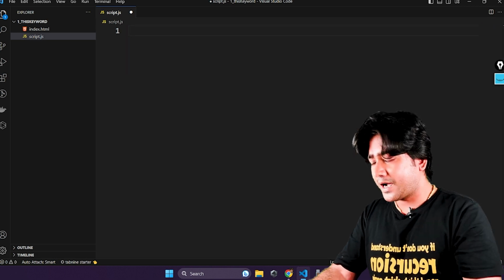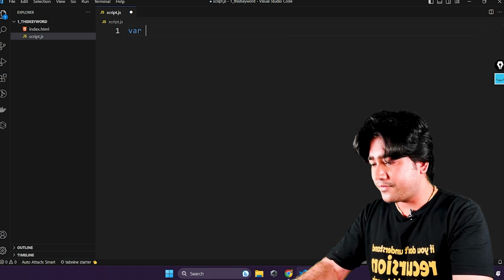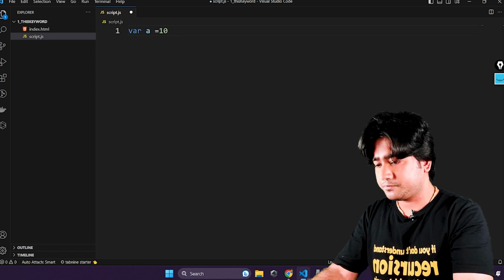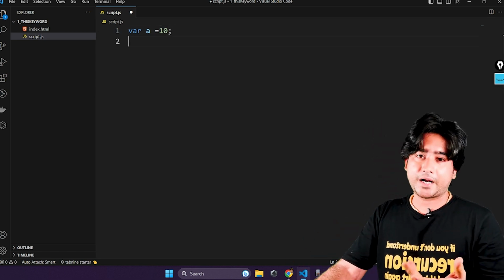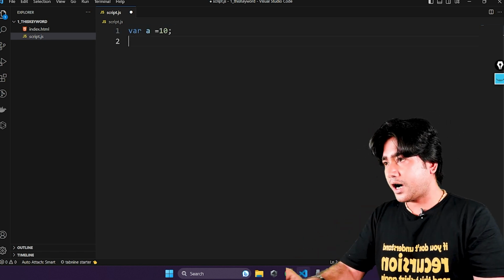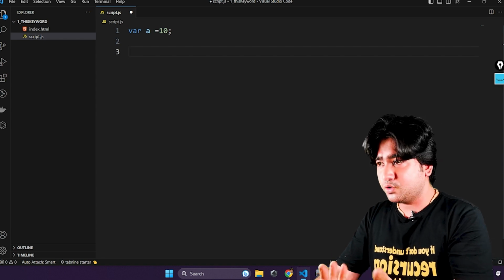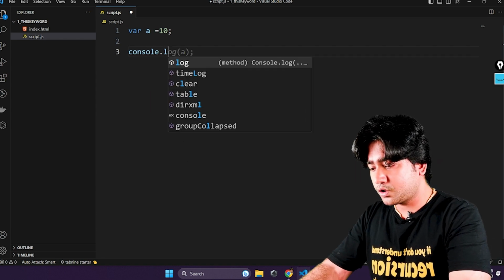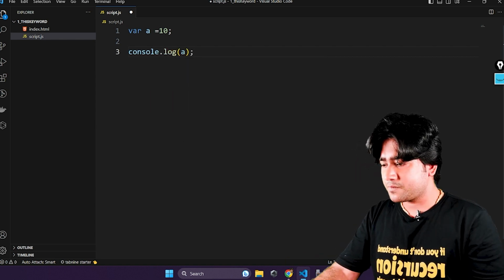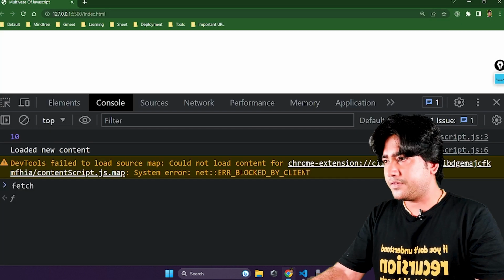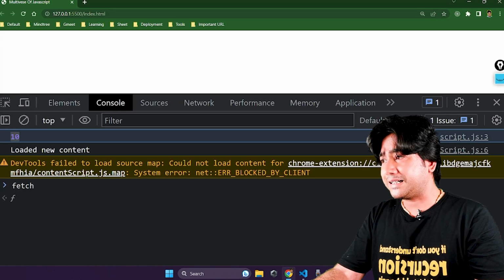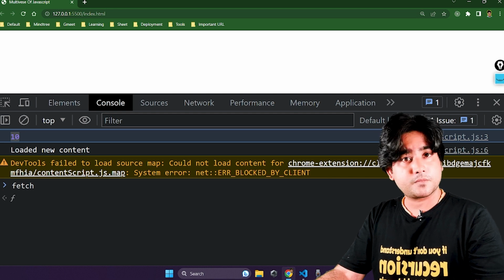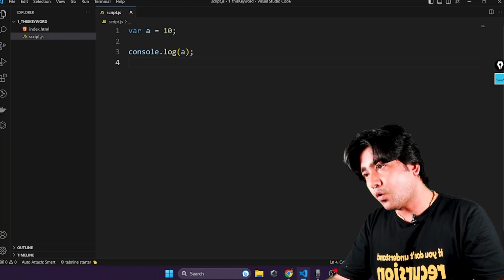let's say I am declaring a variable. Let's say var a is equal to 10. Okay, I'm writing it. So how can I access, how can I print the value of a? console.log of a. Simple. If I save it and go to my browser, I can see that 10 is printed. Okay, I can also write